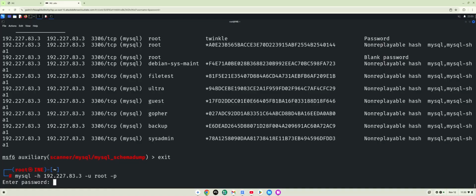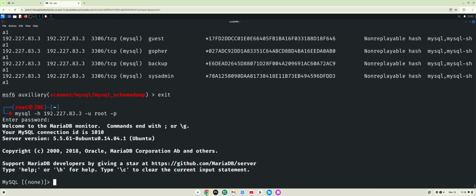I'll give it the twinkle password. All right, looks like I'm in. We remember some of those database names. If I want to see a database, now that we're in the MySQL server, I'm going to say show databases;